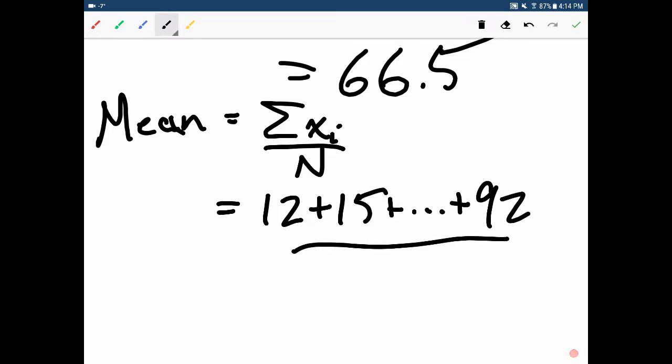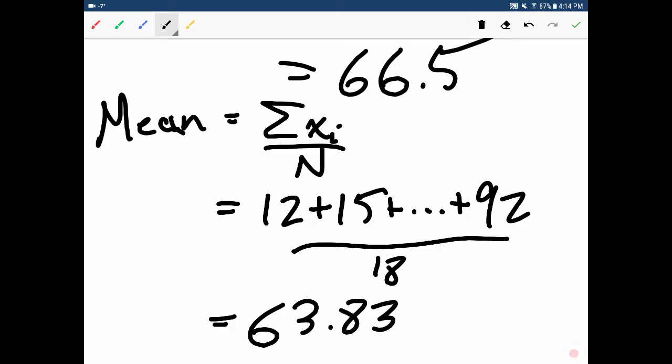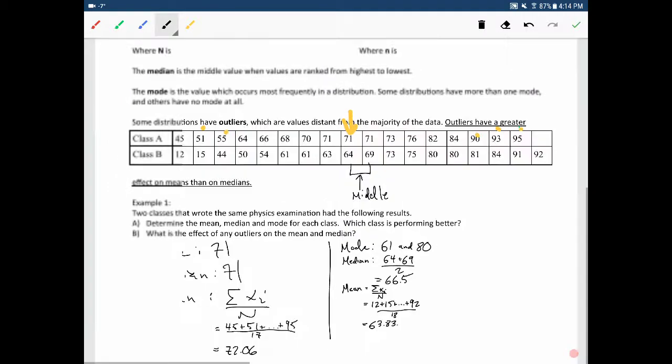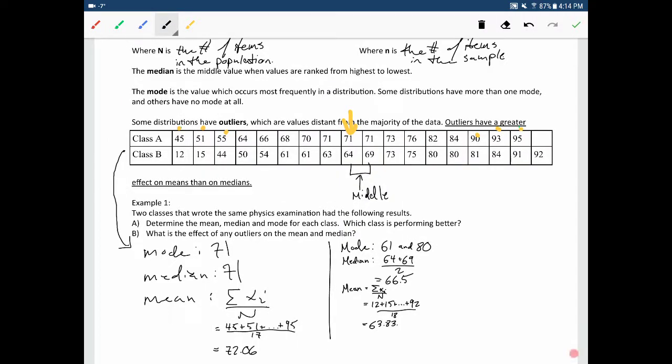And we divide, and this time there are 18 pieces of data, so it will give us 63.83. This gives you an idea of the outliers having a big impact, because you can see this 12 and 15 really brought down our mean. It didn't really have the same effect on the middle number. So anyway,